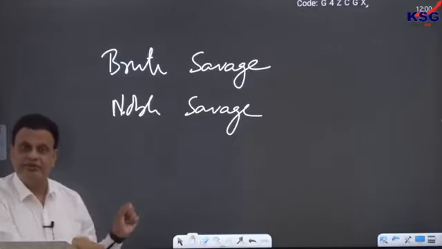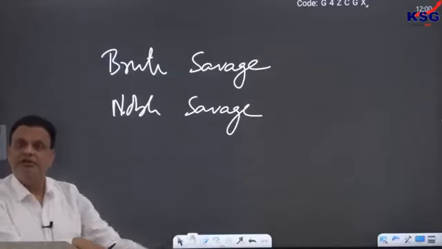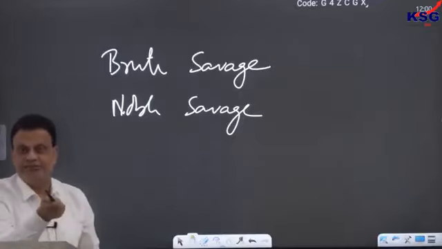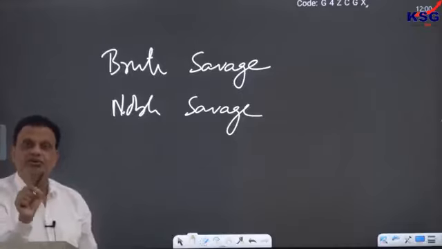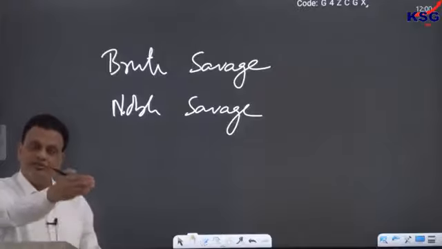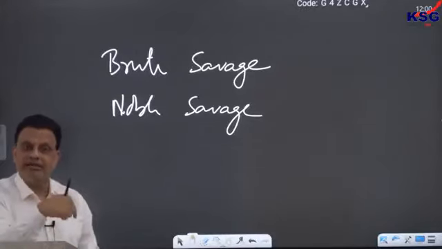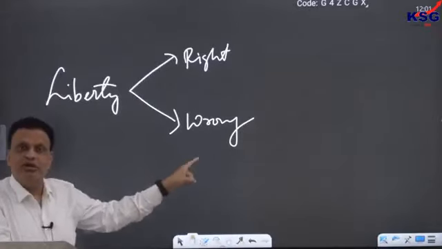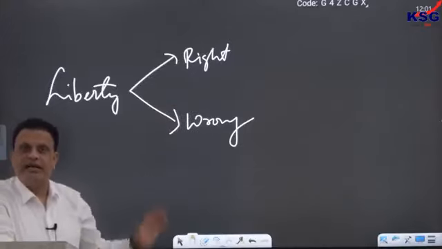Liberty is that. Liberty does not mean that I have to agree with you. I know that you are wrong, even then I must defend your right to say so. So liberty does not mean that everybody has to accept each other or agree with each other. Liberty means even if we disagree, we should respect our disagreement. Even if I think that you are wrong, I should respect your right to be wrong. And even if you think that I am wrong, you should respect my right to be wrong. So liberty is not about being right and wrong. Liberty is more about respecting the right of the people to be right or to be wrong. That is the idea of liberty.